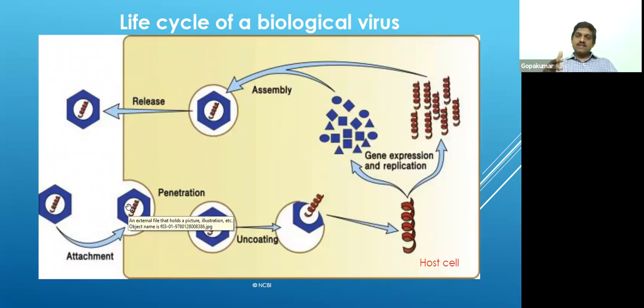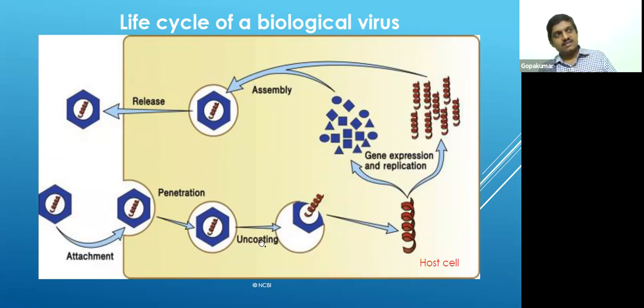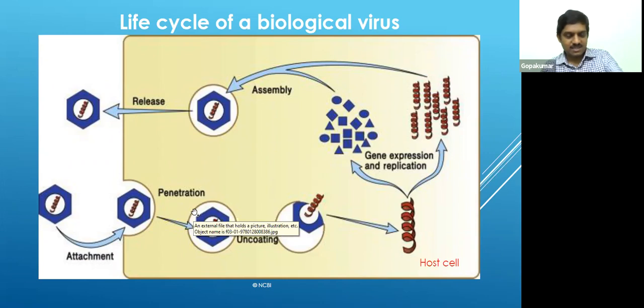Usually in the case of coronavirus, it is an RNA virus. The genome is an RNA molecule, and it will come inside after the penetration. So first is the attachment phase, then penetration. If you know about computer viruses, you can think from that angle, because I think all of you are from an engineering background, so you may know what computer viruses are. There is an attachment, then penetration, and we will come to that also.